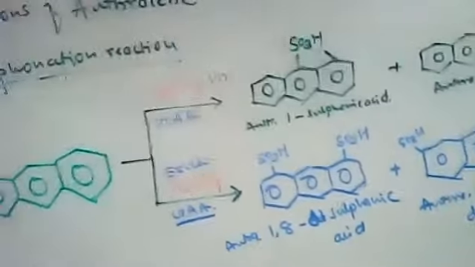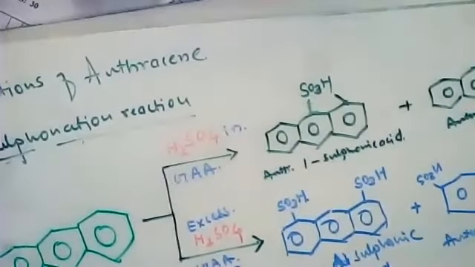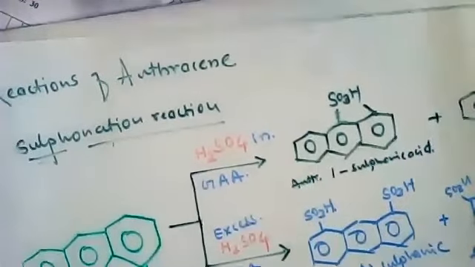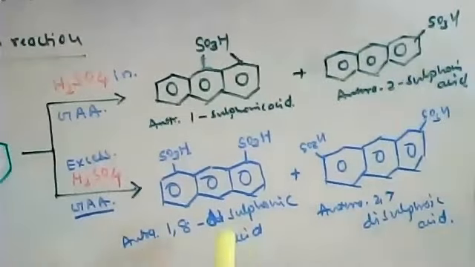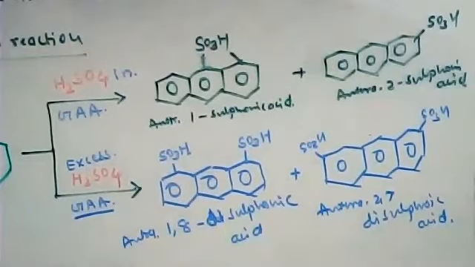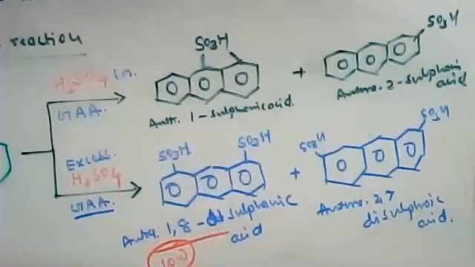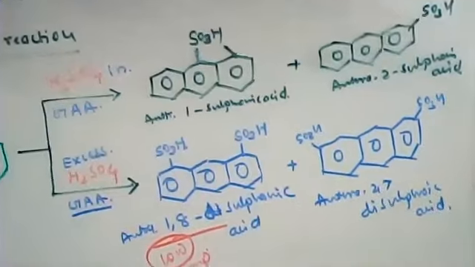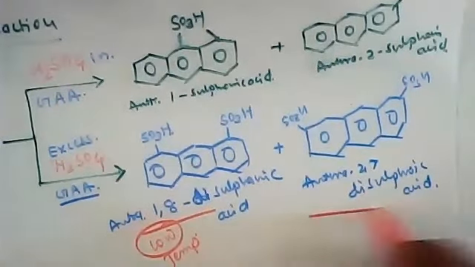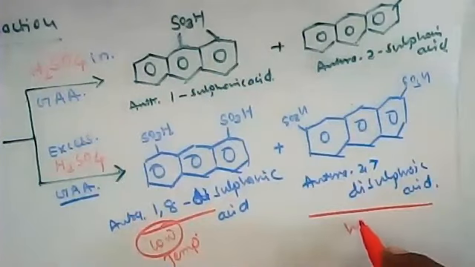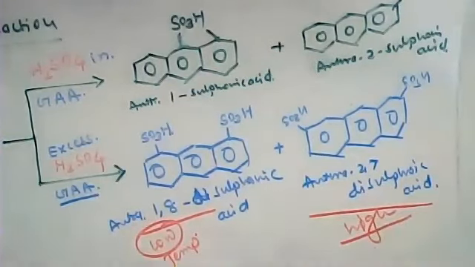Okay, all of you get this? It's a simple reaction. Just keep it in mind. If you want to separate these two di-substituted products, if you want only 1,8, then you have to go for a lower temperature, and the other product is not formed at a low temperature. If you want only the 2,7 substitution, you can go for a higher temperature, and then the other product will not form. It is temperature dependent, or stability related.